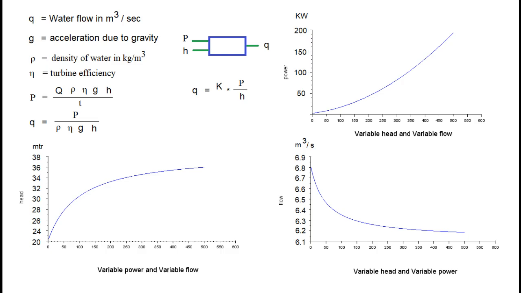We have considered hydroelectric power station in terms of its various parameters. These parameters were water contained in dam Q in cubic meters, density of water rho 1000 kilograms per cubic meter, efficiency of water turbine 90%, useful water head H in meters, acceleration due to gravity g 9.81 meters per second square, and power that could be generated P in watts.